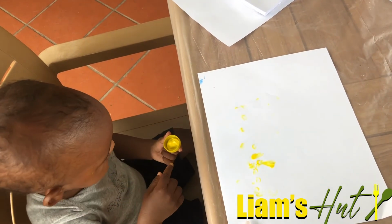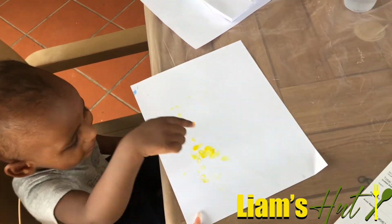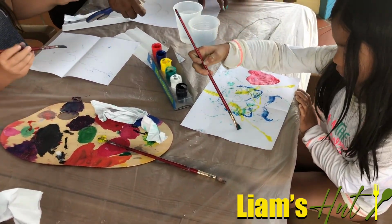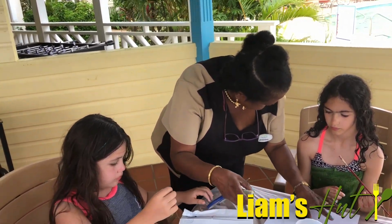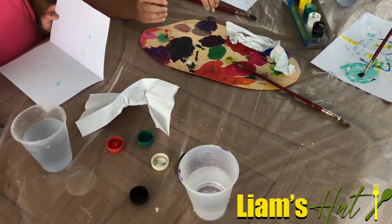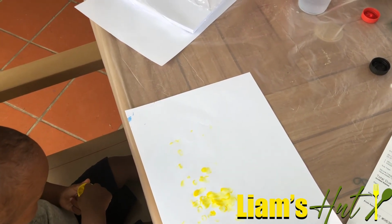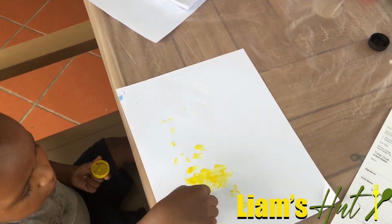We're doing thread paint. You see how it came off? So you put paint on the thread, leave the end so that you can pull it out, then you fold it in half and you pull out the end. Okay, so you use different colors. I'll give you three. Lacey, what do you think I should add? I want a purple. Yeah, you paint the thread and then you...